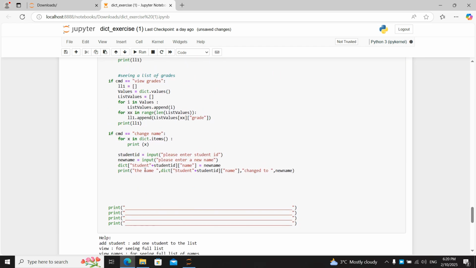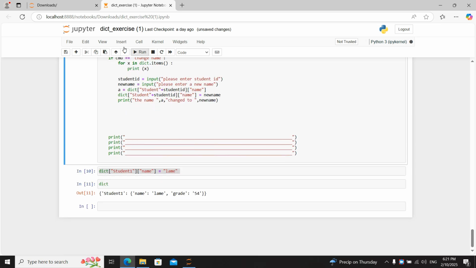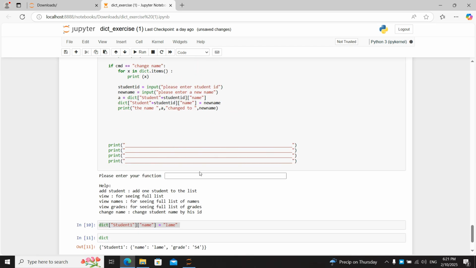We must put it here. The name is changed and we print the changed name. What shall we do? We should easily copy that and, for example, assign A to it, and here we just copy that and paste A. Sorry, copy that, paste A. Now when we run the code, you see, as a matter of fact, okay,